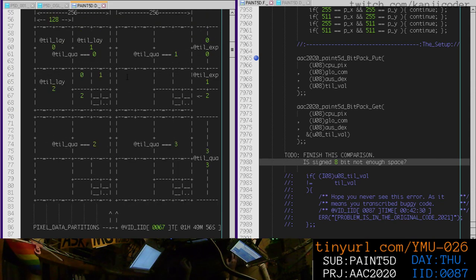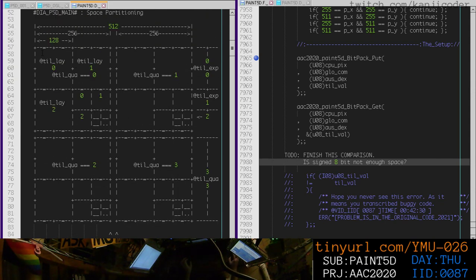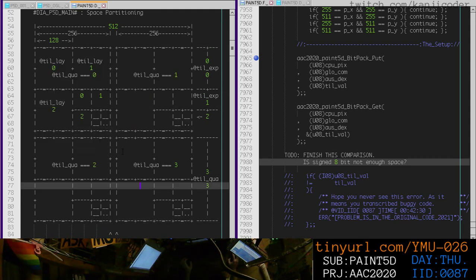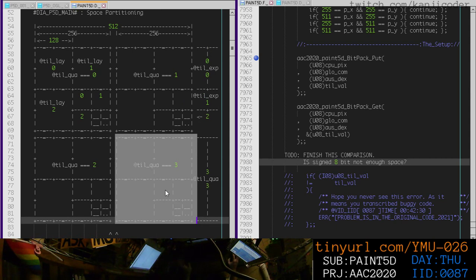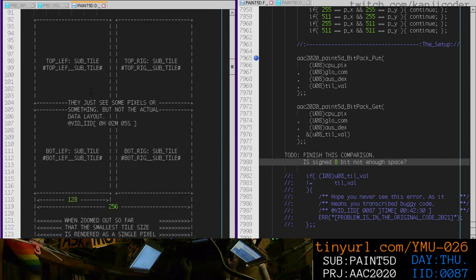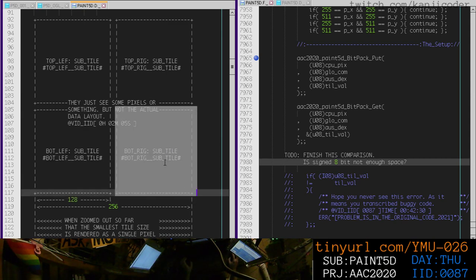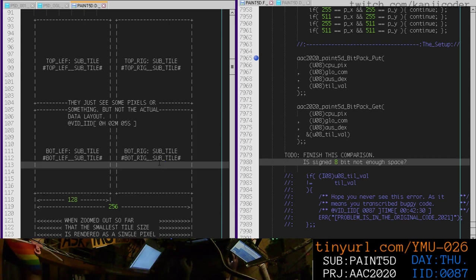Okay? So these data structures here are identical, right? How I partition this, how I partition this, how I partition this, and how I partition this are all completely identical, because they're all used to create a graphic here, a graphic here, a graphic here, and a graphic here. So we have to figure out a lot of the math of how we are going to